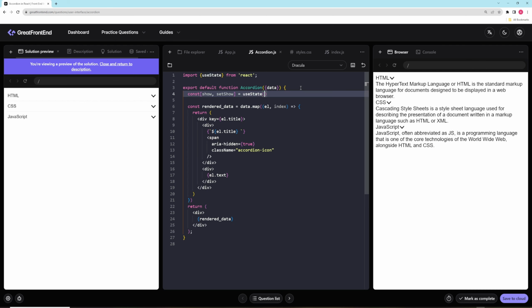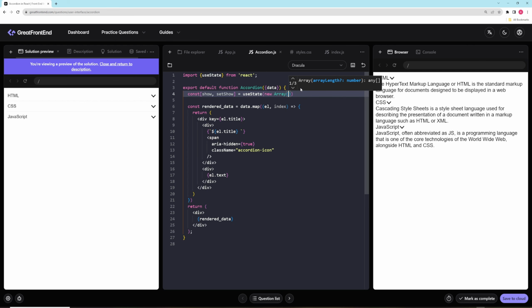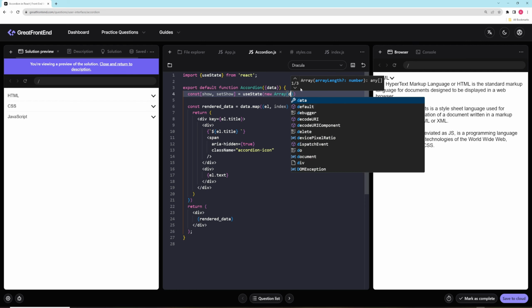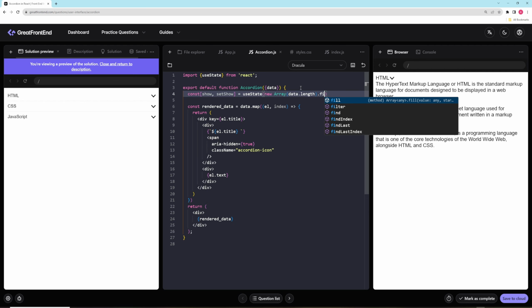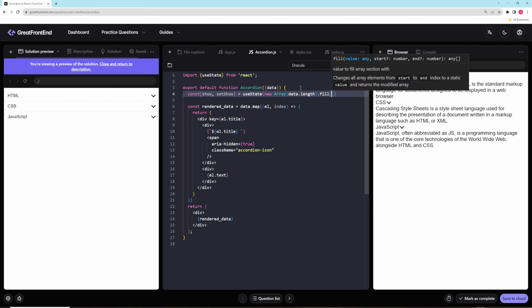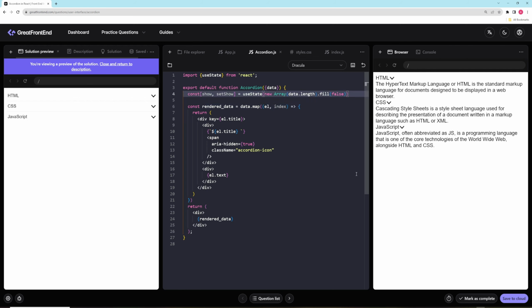And then we want to make an array. The length of the array needs to be the length of our data. So we'll say data.length. And we can initially set every value to false, so you can just do a fill with false. And that should work. Okay, so now we have everything false. Now the next thing we want to do is